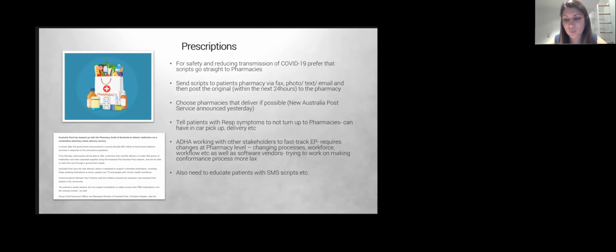This is a very quickly moving area, and more recently I've been told that doctors are now being told just to hold on to the scripts and post-COVID we'll sort it all out, because it's really around audits for the pharmacies where they get audited and have to show that they've got the physical script. So I think just holding on to them for now is not terrible if you can't get the whole post thing working.